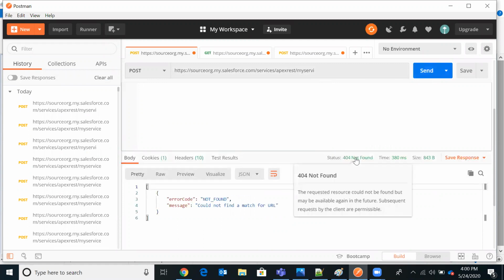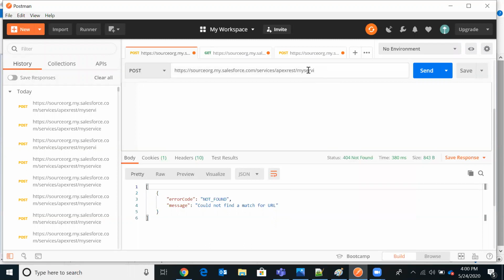So 404 means authentication is successful, but after authenticating, this particular class name is not available. It is not able to find this class. 403 means the class might be there, but you do not have permission.